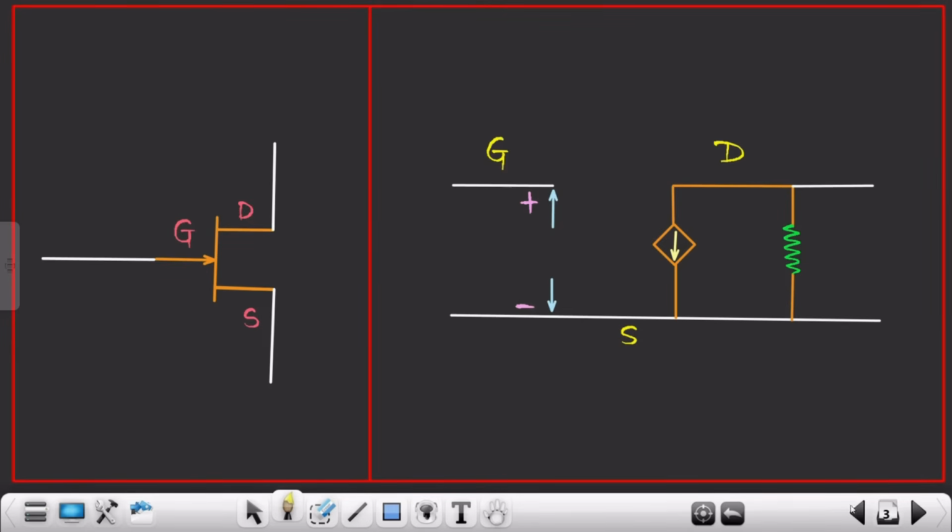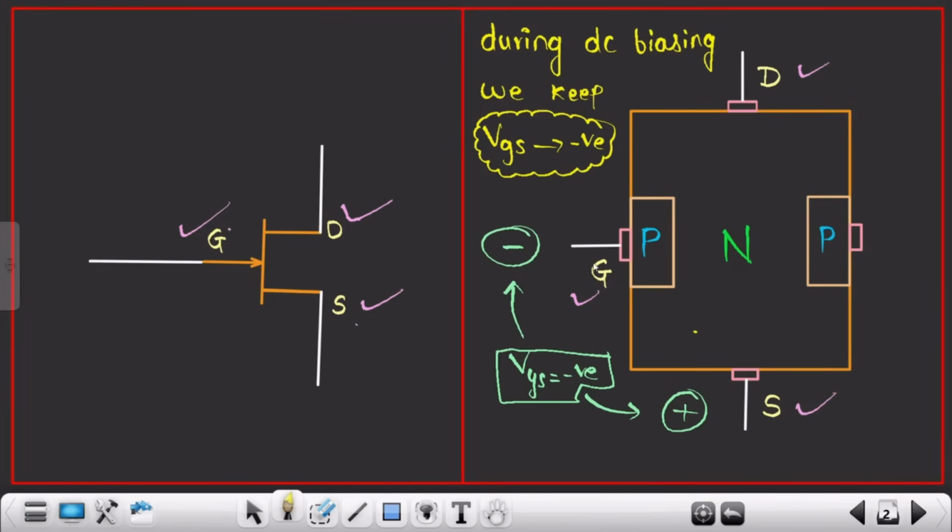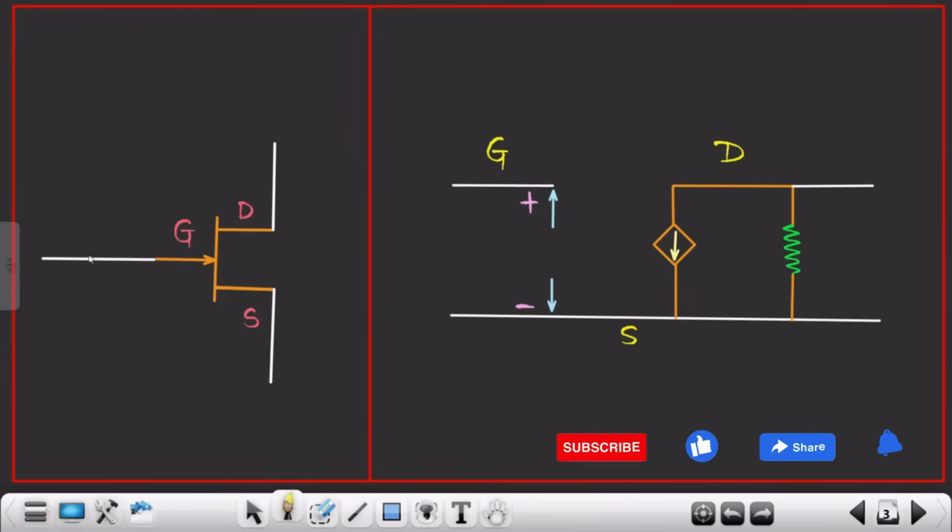There is one strong reason for it. See, with the help of DC biasing, we are providing negative voltage to the P side and positive voltage to the N side. So we are actually reverse biasing these two diodes. If you could see very clearly, these are two diodes. We are providing positive voltage to the N and negative to the P, so basically we are reverse biasing these two diodes. Due to reverse biasing, what is going to happen? The depletion layer will increase and the current flowing between the gate and source is 0, and since my IG is 0,